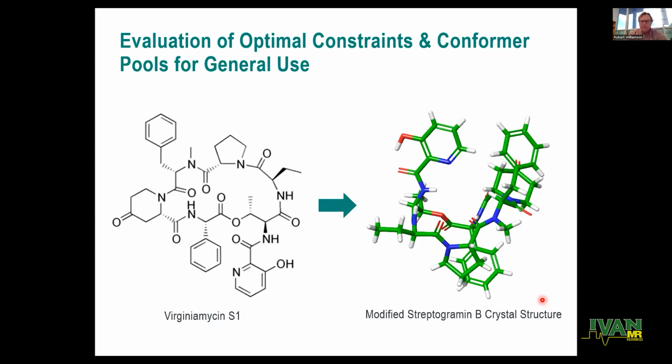And so we embarked on this new journey, and we started out with a very important compound called virginiamycin S1. It's used as a very important antibiotic in the animal health industry, and it's also used as a preservative in the ethanol industry, especially for fuel. So for most of the ethanol that goes into your gasoline, it's been treated with virginiamycin to inhibit bacterial growth. And it turns out that nobody really looked at the solution conformation of this molecule since the late 70s,